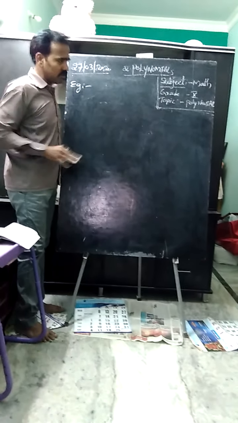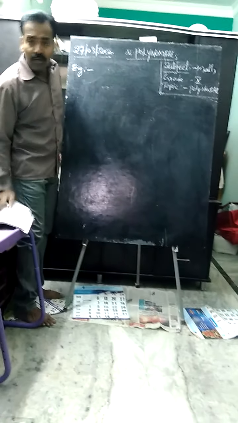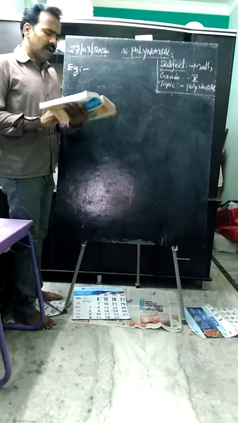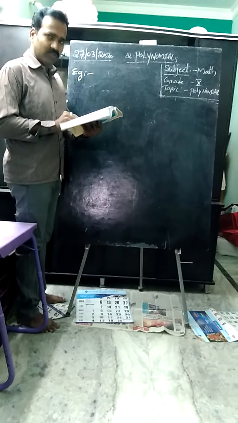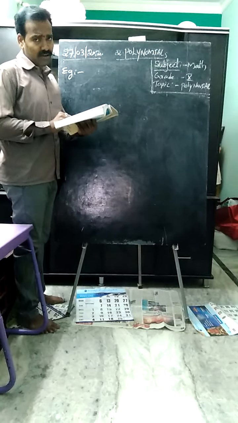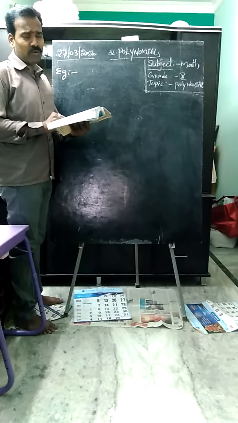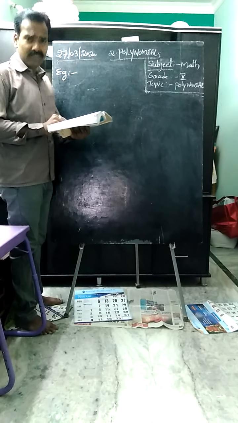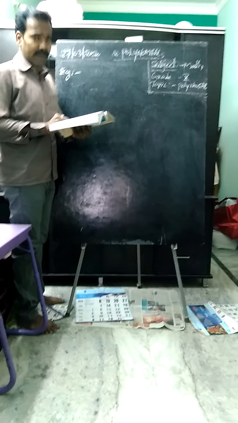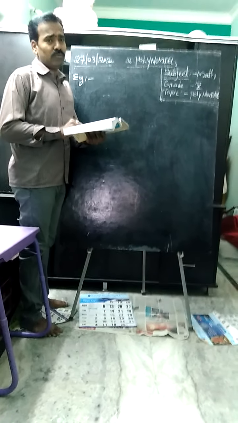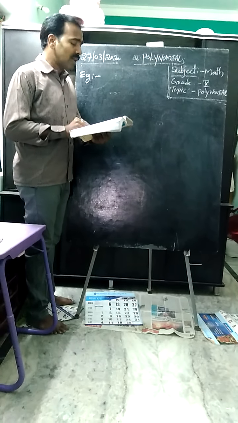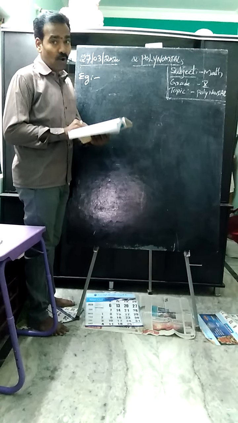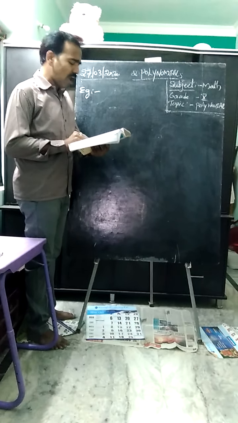Yes, students, we will discuss one more example based on the division algorithm of polynomials. So here let us consider an exercise problem on dividing. The problem is given in exercise 2.3, page 36, in your NCERT textbook. If you want, you can also download this NCERT textbook online. If you don't purchase it, you can get the NCERT textbook online. Search for NCERT mathematics textbook CBSE and you will get the soft copy. So from page 36, exercise 2.3, this is the last exercise of polynomials, students. That is given on dividing